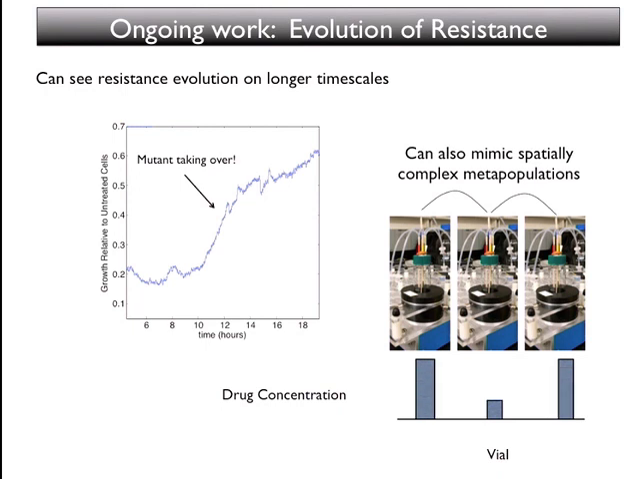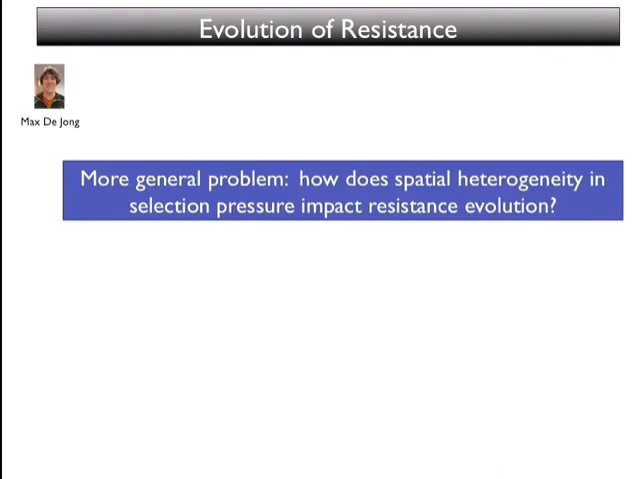And you can see how that affects the length of time it takes for resistance to take over this population. This is actually a pretty general problem, and a student of mine, Max from physics, is working on this problem from a theoretical perspective using some tools from statistical physics. The question is just how does spatial heterogeneity and selection pressure impact resistance to evolution? This is a very widely studied problem. Max has a nice simple model that we can make semi-analytical